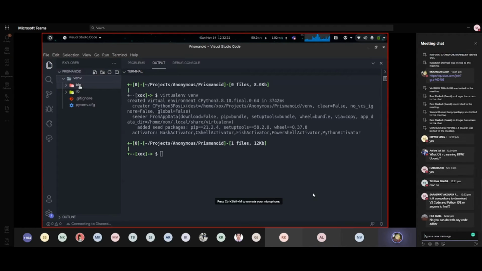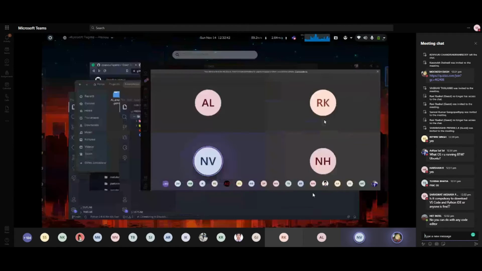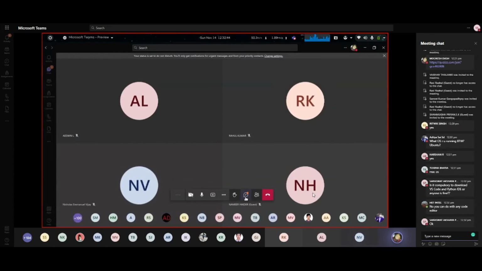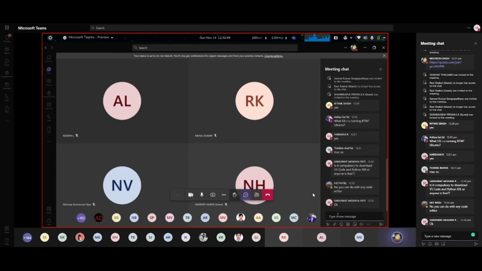As I am on Linux, it will not be the same for most of you who have Windows. So the next thing that you have to do is, wait, I'll just write it here. You have to do venv slash Scripts slash activate.ps1.